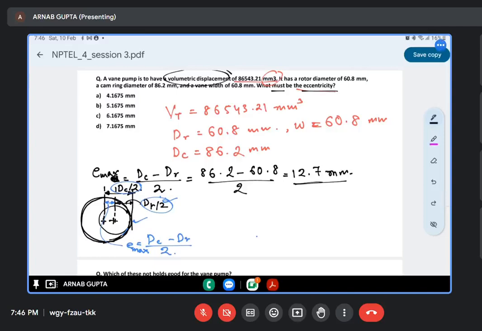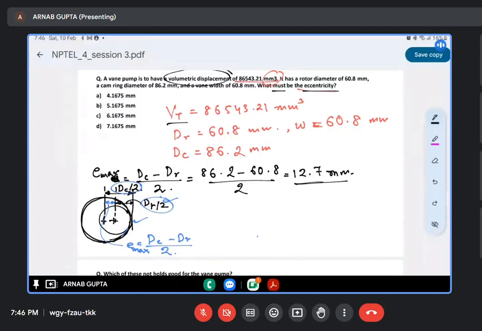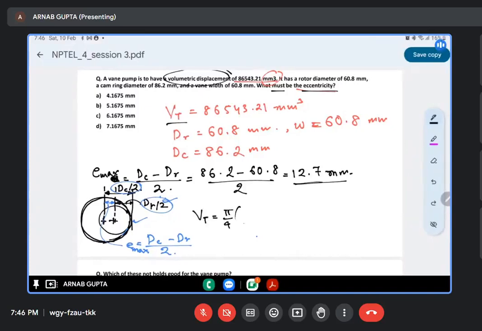So if you try to calculate from Vt, then we know that Vt is nothing but pi by 4 times dc square minus dr square, divided by W. You have been given